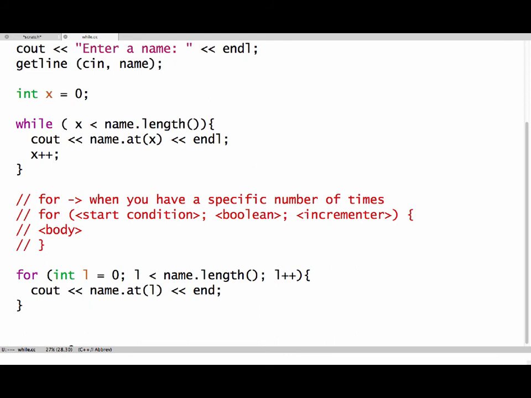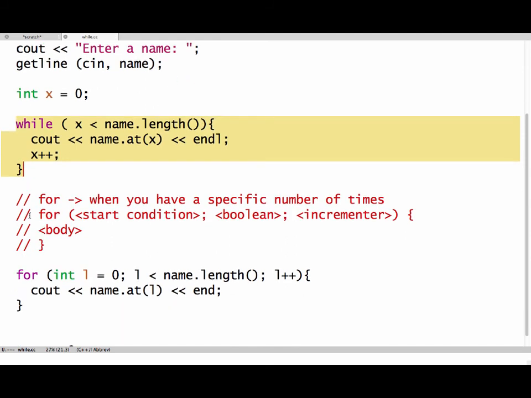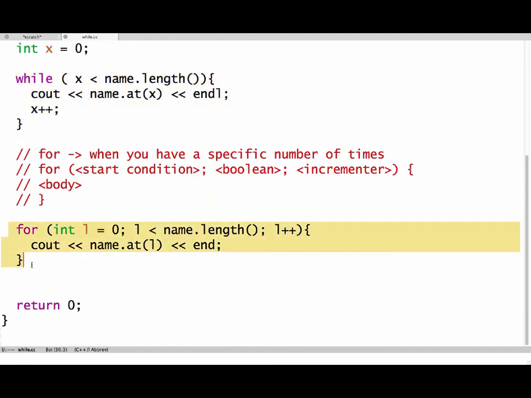Okay. All right, let me just clean this code up a little bit because I didn't like what happened there before. All right, so now what we've done is we have a get line and we are traversing, we are iterating, and this is what it's called when you do things in a loop a number of times. It's called iteration. So we're iterating over the string name and looking at each letter in turn. And first we do it using a while loop, and then second we do it using a for loop. So let's take a look at this,